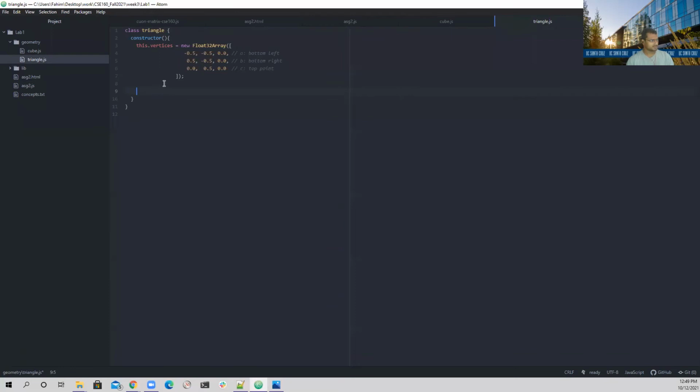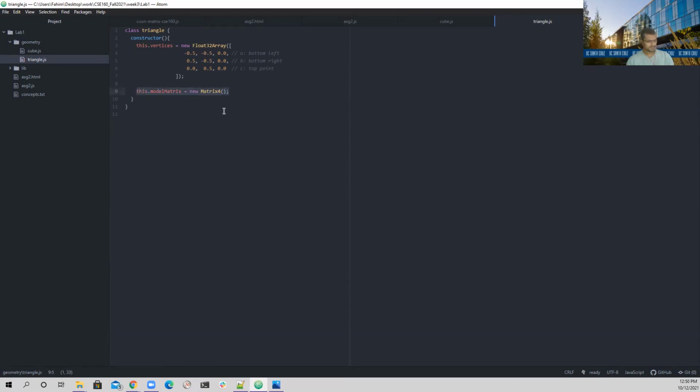So what I'm going to do, I'm going to define a model matrix here. So this model matrix, and then I can do a new Matrix4, right? And then I'm going to define its own private